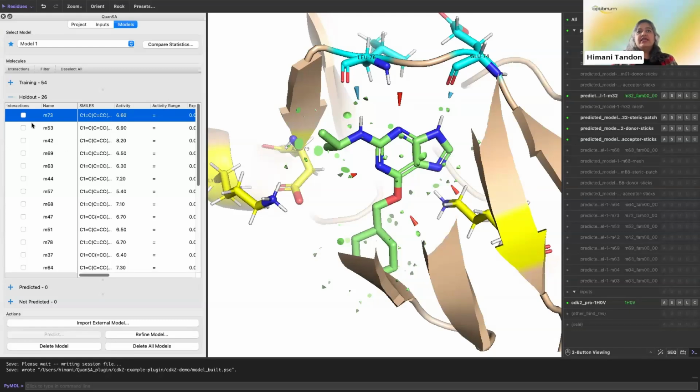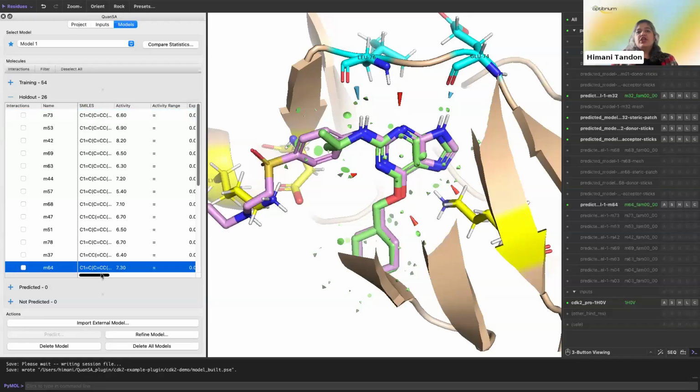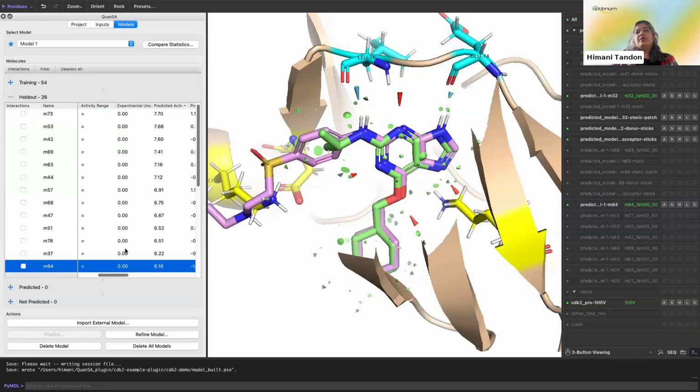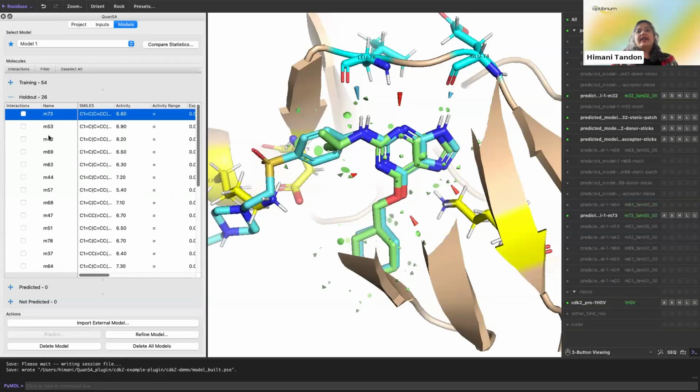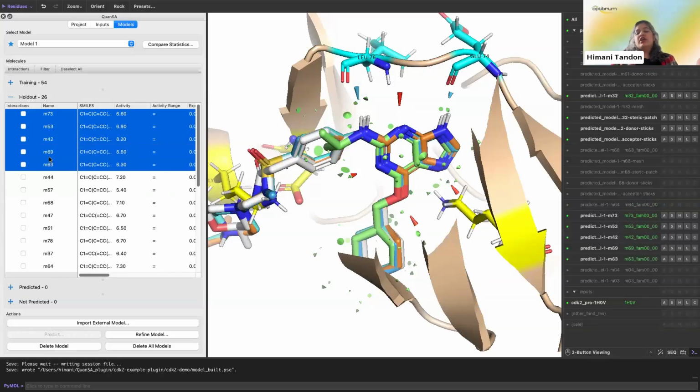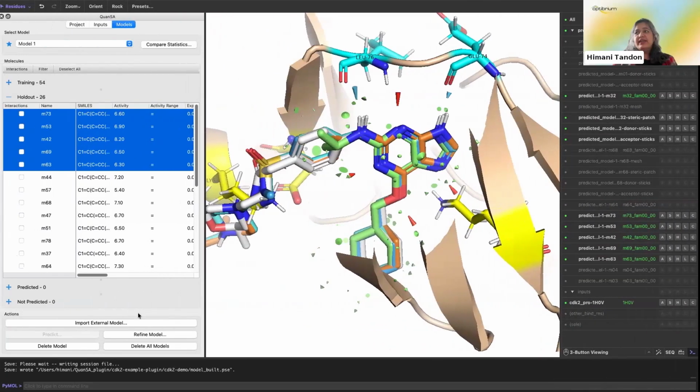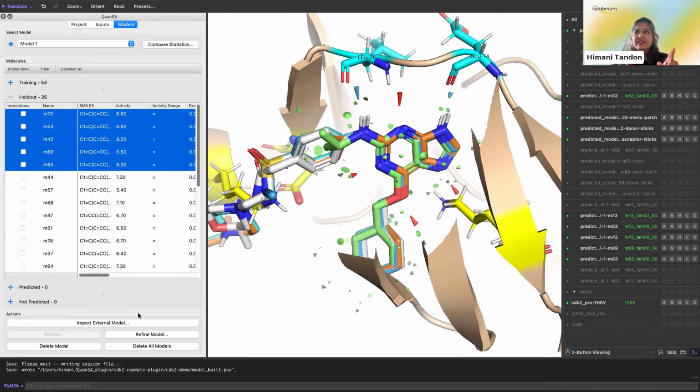So for example, in this case, if I choose the molecules that are predicted to be most active, and I decide I want to refine my model with the top 5 most active predicted compounds, I can just choose this in the plugin, see how they align with the molecules in the training set, and then click on refine the model. What this process would do is add these molecules back to the model and retrain the model. Again, it would take about 20 minutes to refine the model.